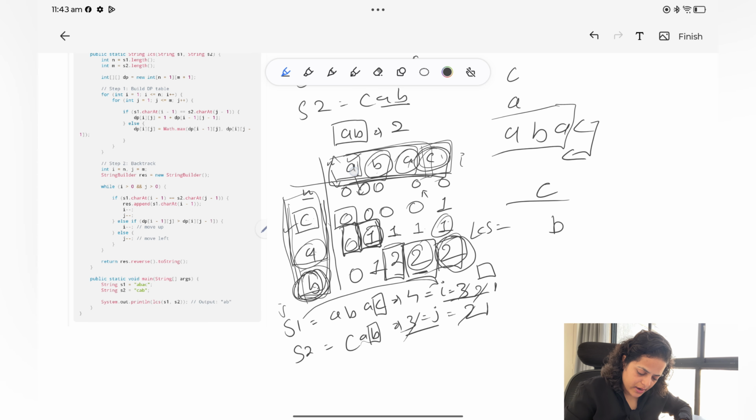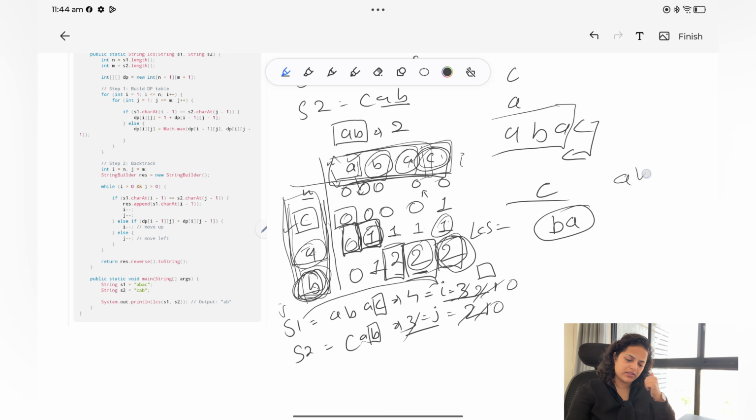Now check, A and A, both are equal. Yes, both are equal. So you will add A into the LCS, and I minus minus, J minus minus. So I will become 0 and J will become 0. You need to run this loop while I is greater than 0 and J is greater than 0. Now because they are 0, you will just reverse whatever you have in LCS. So the answer will be A, B. So this is your string, and here is the